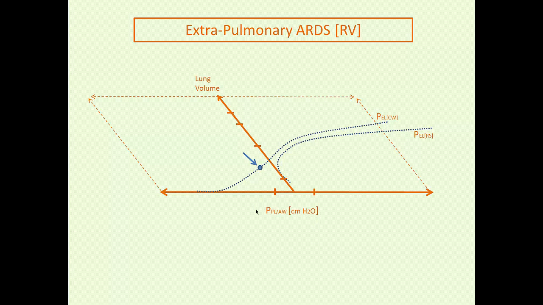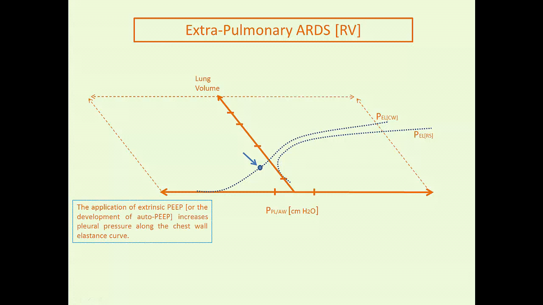Again, it's a modified Campbell analysis. So on the x-axis, you have pleural pressure or airway pressure in centimeters of water. It's airway pressure in reference to the respiratory system compliance curve, because this is the pressure that you're measuring off of the ventilator. And it's pleural pressure when considering the chest wall compliance curve, because this is the pressure volume relationship that the pleural pressure assumes when the patient is passive with the ventilator. So if you were to take this patient and apply PEEP,